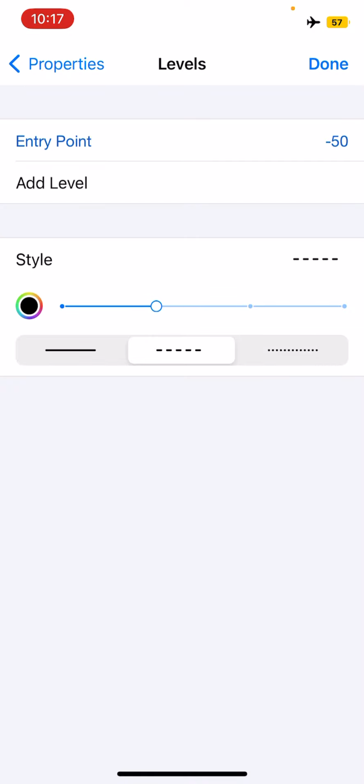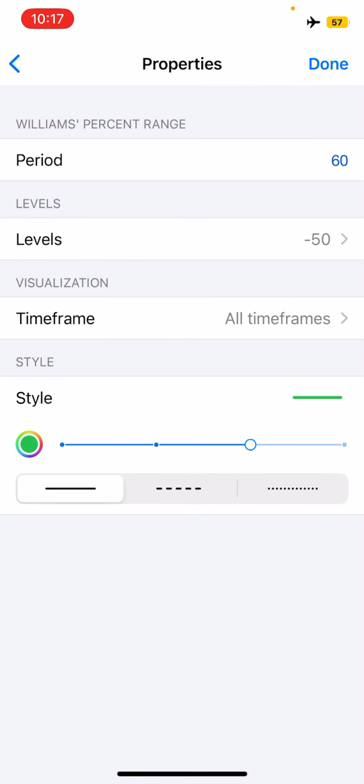Levels. This is very important. It's going to be minus 50, and then the description for your level is going to be entry point. Just write entry point next to it. It's minus 50, minus 50. And then if you click done, you get back to here. Of course, the time frame, we want it to appear on all time frames. And on the styling,